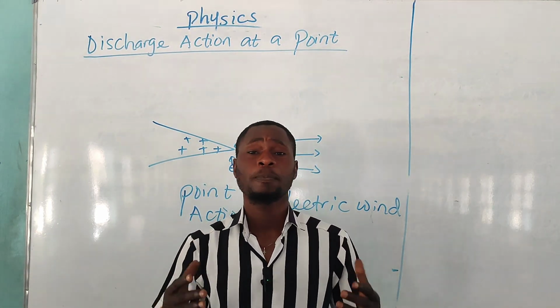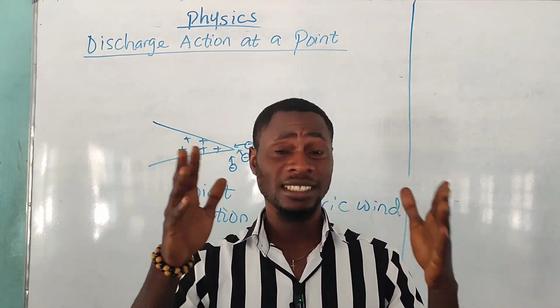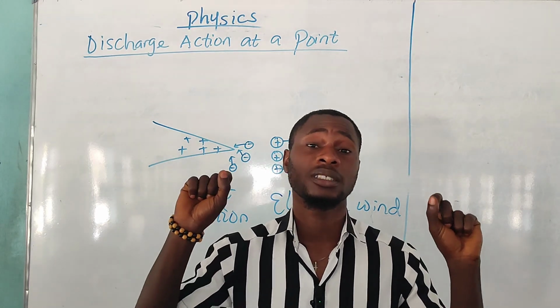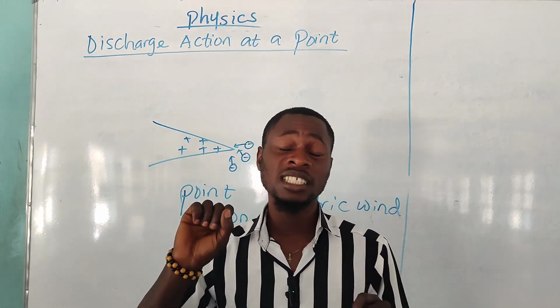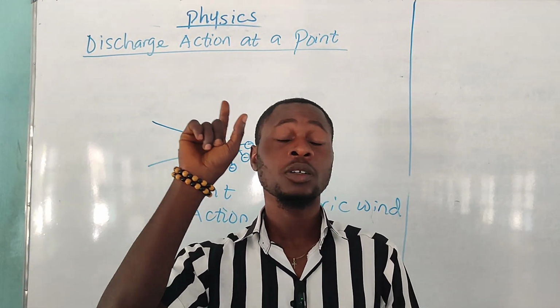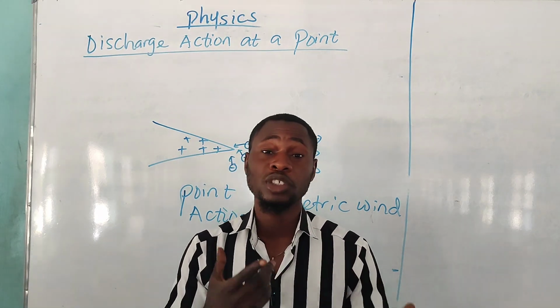So what happens is when electrical charges build up in the thundercloud, there will always be an attraction between